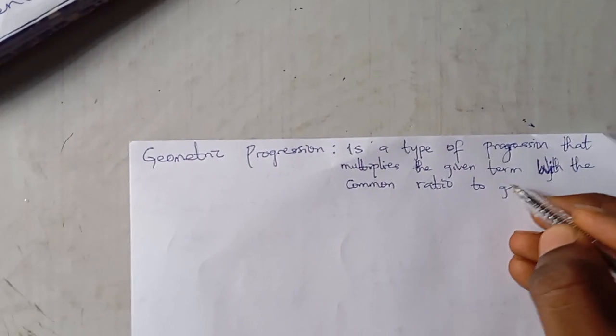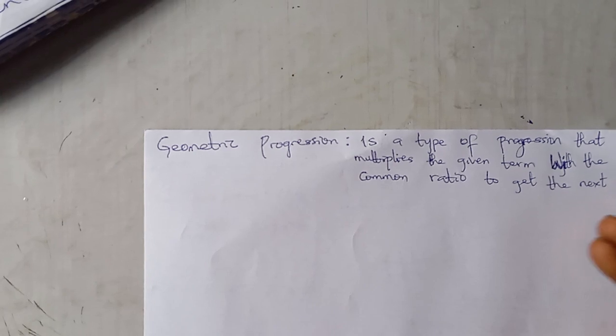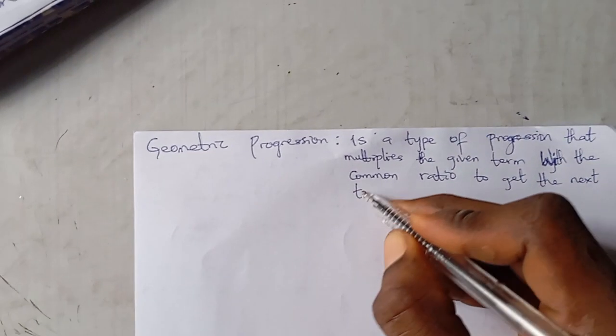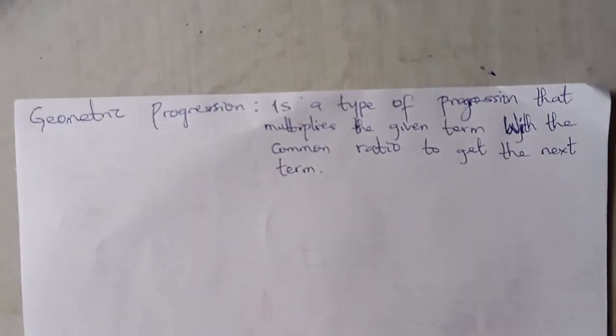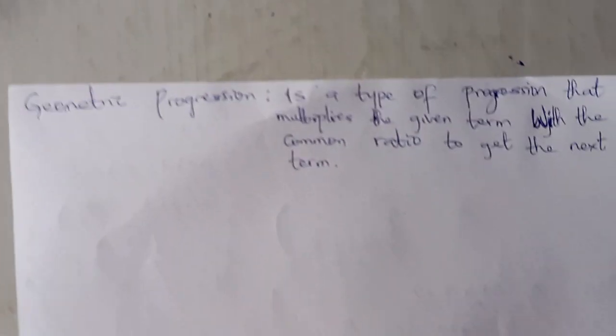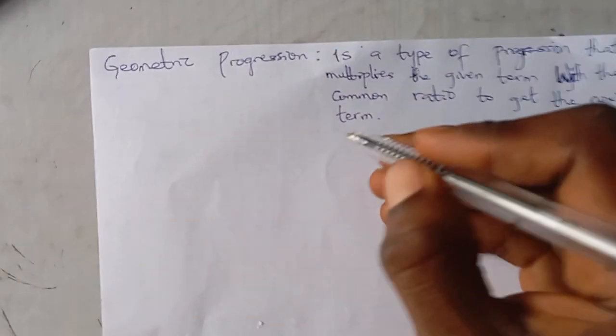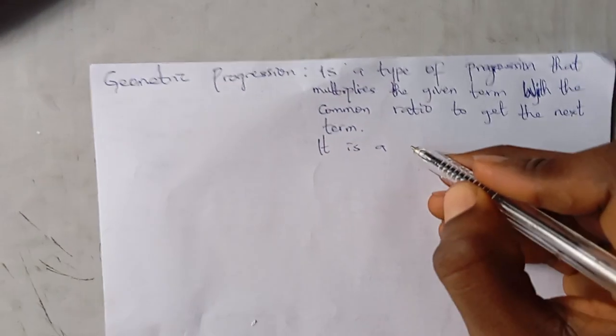to get the next term. I'm brushing the handwriting, just pay attention. So I said it's a type of progression that multiplies the given term with the common ratio to get the next term. Or we can say it is a type